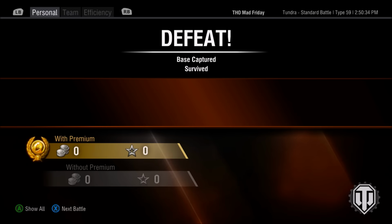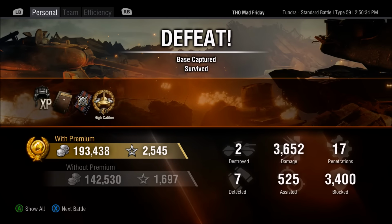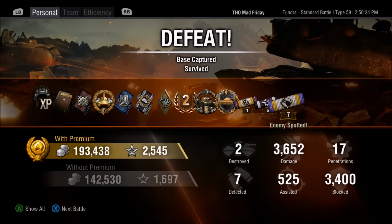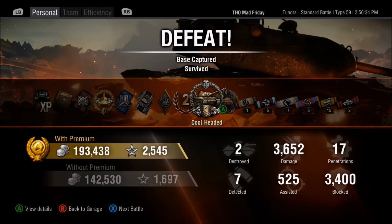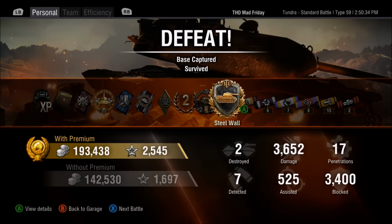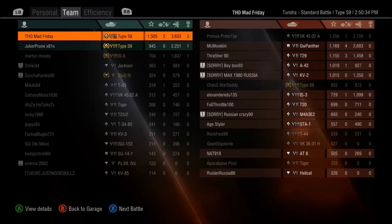Right, look at the results though, and we're looking for one figure here. There we go, 3,400 damage blocked. And the damage I took to myself, which was done by myself I'm afraid, was enough to kill me 3 times over. But I pick up a high caliber, a cool headed for bouncing a shot with less than 10% of my health left, and the steel wall. And more importantly,